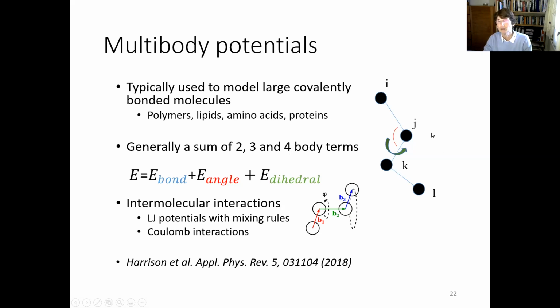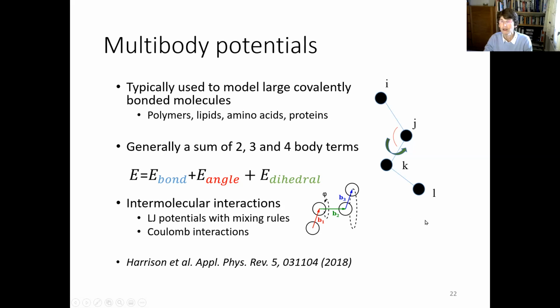3-body potentials need the positions of 3 atoms to define the angle. And the dihedral angle needs the positions of 4 atoms: basically, the angle between rotating bond IJ and KL about the bond JK. So the energy of these interactions will depend on whether you rotated that. This is what we mean by dihedral angles. In addition to these, we also need to include intermolecular interactions. These 3 terms describe the